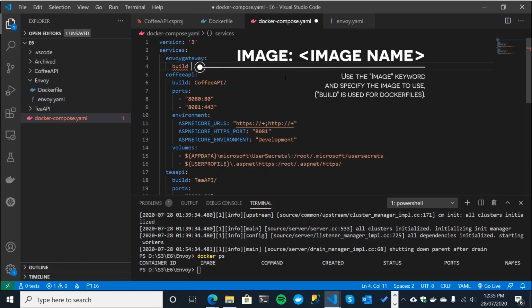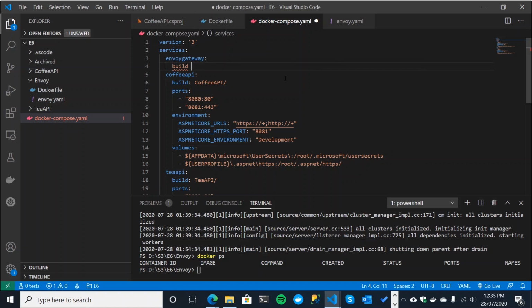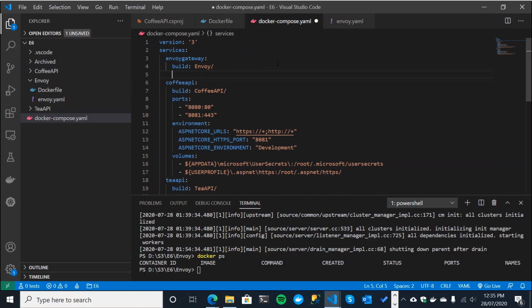But I'm going to keep the Docker file just in case I ever need to move back to it and I want to use it in isolation. So I'm going to do it that way anyhow. But you could, if you wanted, just specify the image in here. But we're going to, as I say, go with this approach. So envoy/ will take us into here, and we'll use the Docker file. Fantastic. Next, we want to specify the ports that we want to be using.